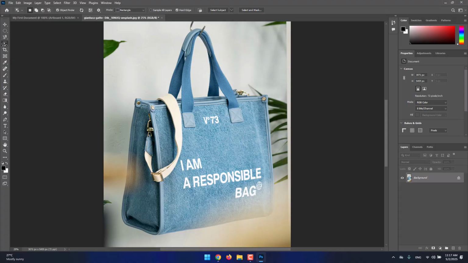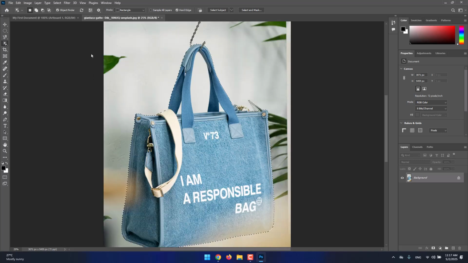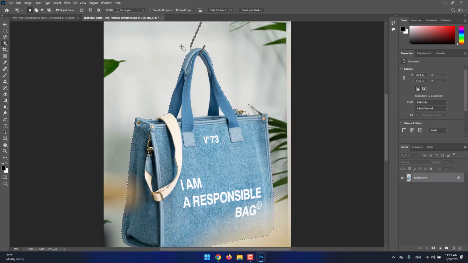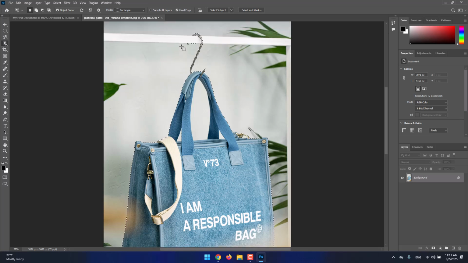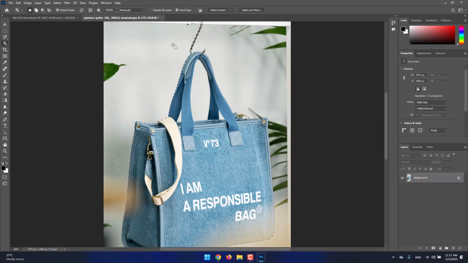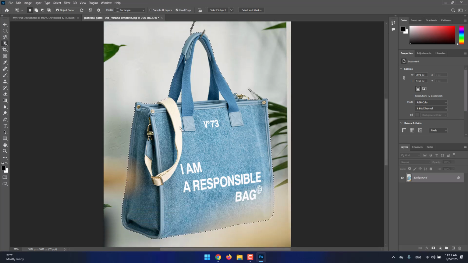It will try its best to detect multiple objects that we have inside our image. And just by clicking on that object, it may be very slow, as you see, but it will be very accurate as well. So as you can see, by just clicking on the object, the selection will happen just like that. For example, I click this part,